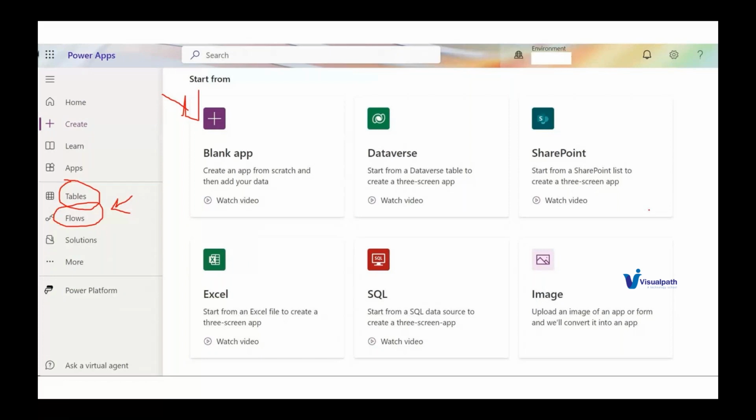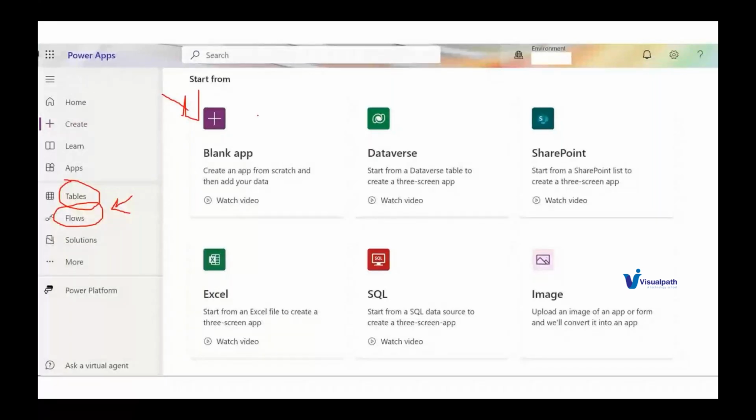So similarly, Microsoft has come up with this Power Platform where you can create apps on top of D365 data. When I say the tables, this is a kind of repository for your Power Apps, right? There are two types of Power Apps that you can create.